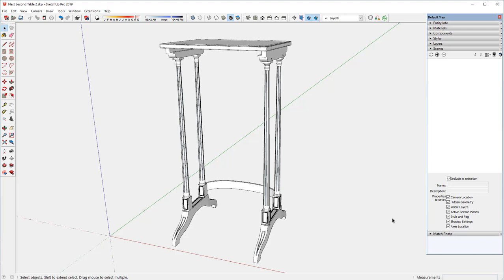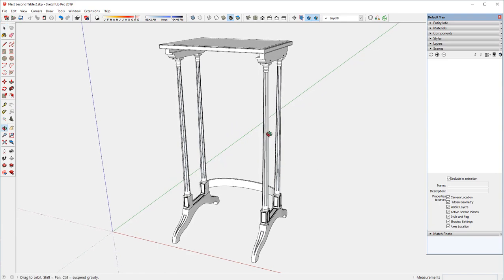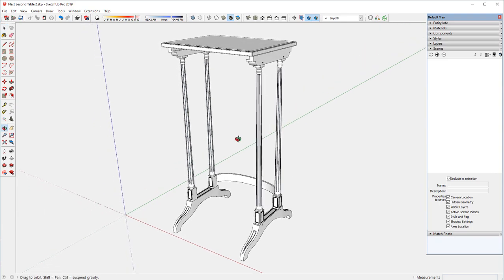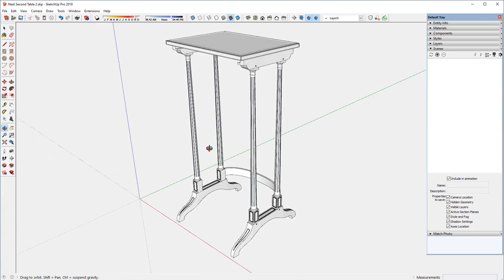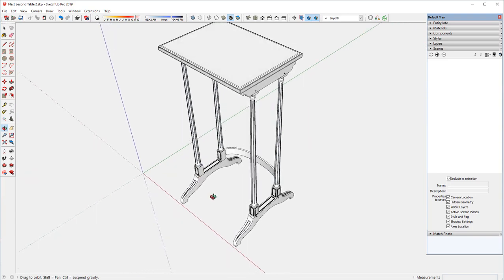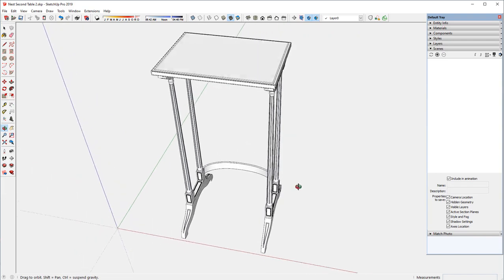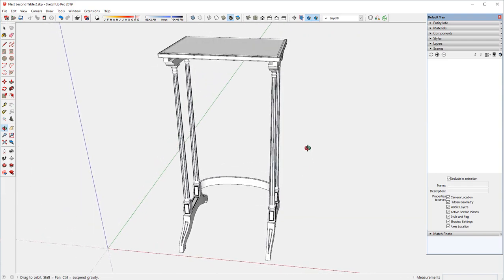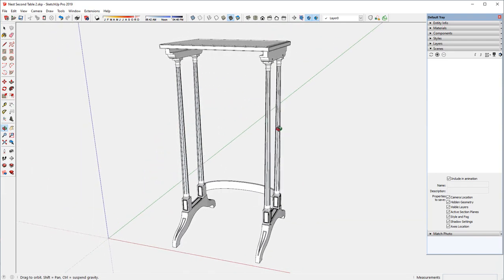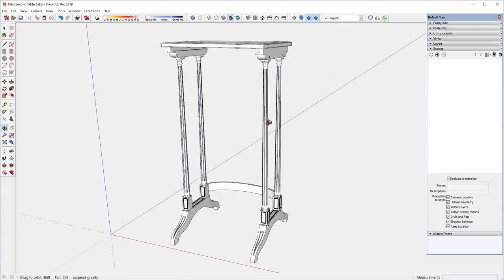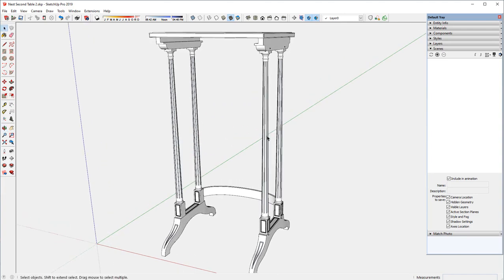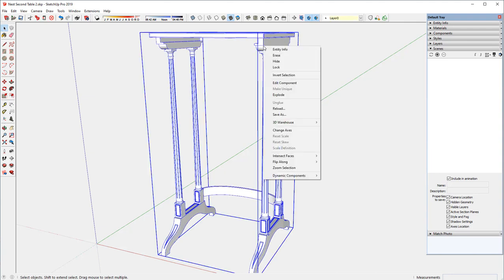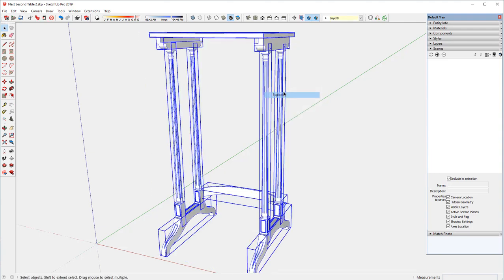This is the largest of a nest of tables, 4 tables in all. And the other 3 tables fit inside. They're all diminishing in size and fit inside the largest table. You can see some rebates up there at the top where the next table then fits in. So I'd like to go through the process of how to take this